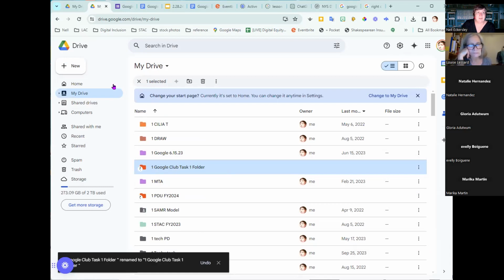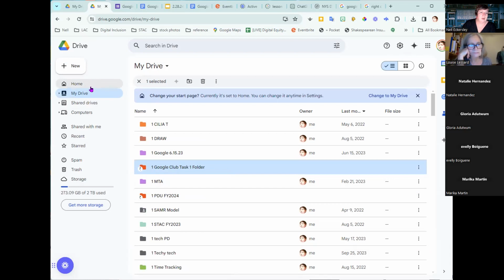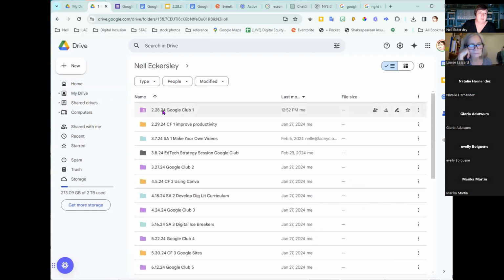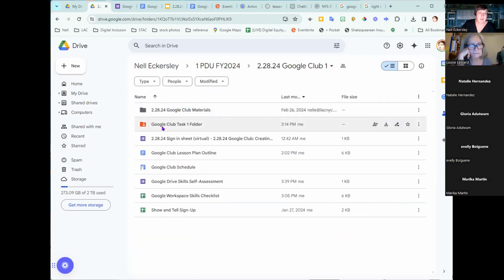What do we think? If I go back to, I have to go to PDU, I have to go to today, up, and it's there, and it didn't change the name. So another good thing to know, the shortcut can be renamed. It still points back to that original document or that original folder, but it can have a different name if you need it to. And sometimes you do.